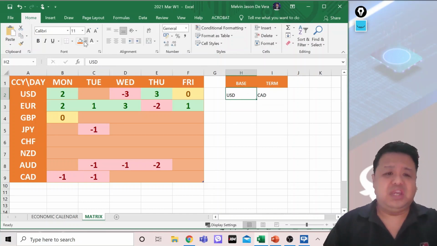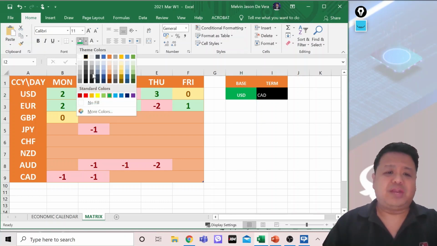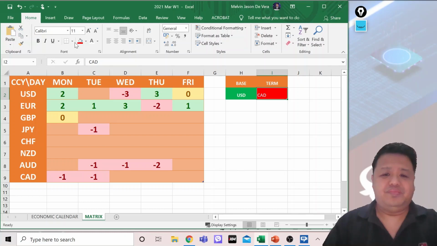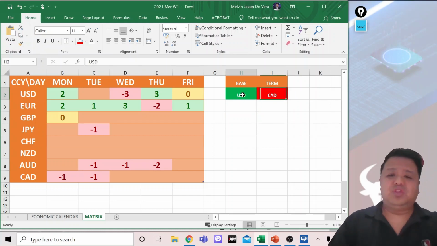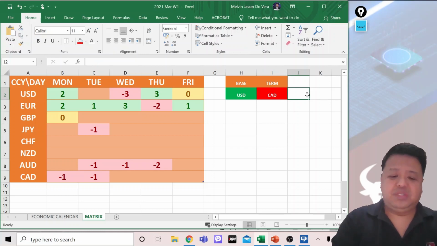Si USD, strong. Samantalang si CAD naman ay weak. So, ano ang dapat na position natin dito? Strong base, weak term, the position here is buy.